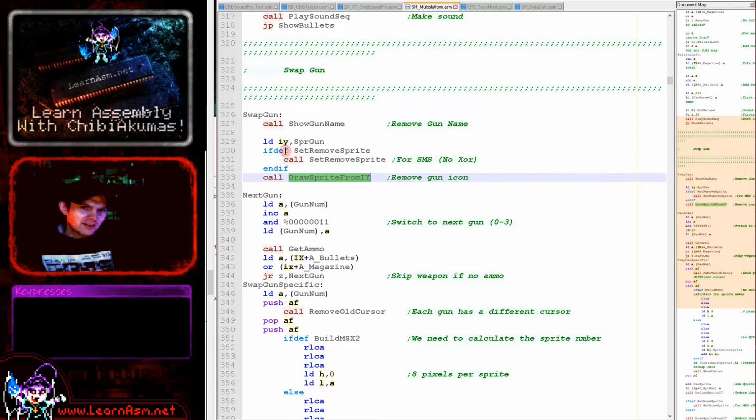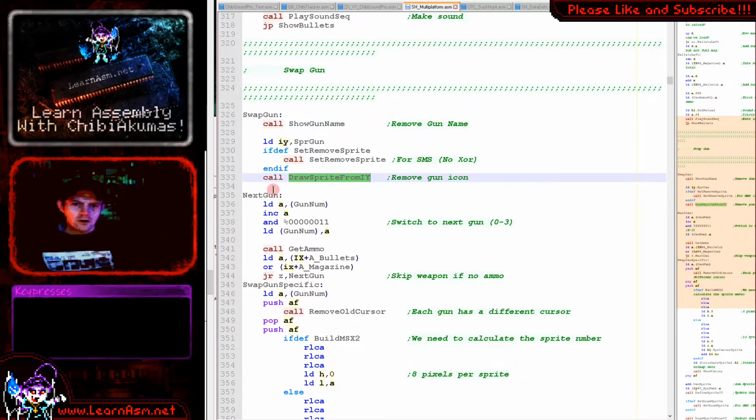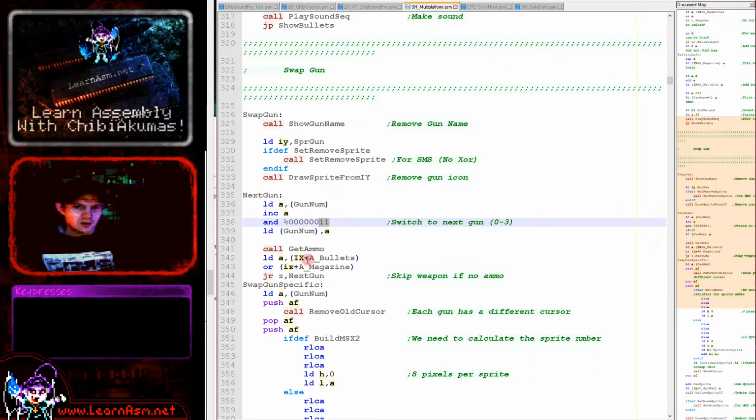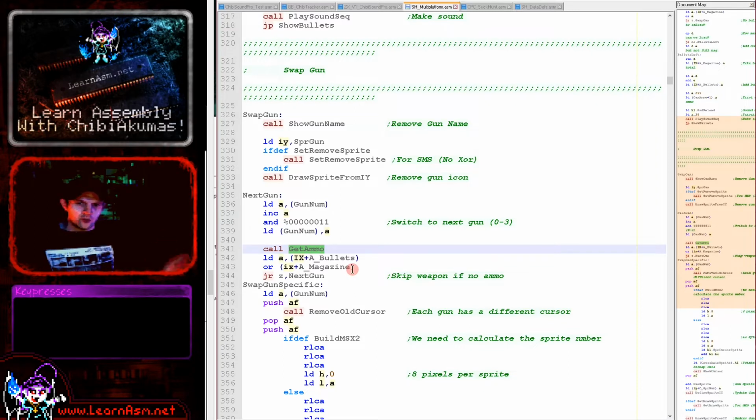So that's removing the sprite from the screen, and then what we're going to do is switch to the next gun. Now there's 4 guns in total, so we are masking the bottom 2 bits to go from 0 to 3. And what we do is we select the gun number, and then we check the ammunition of the gun, and if we've got no bullets for that gun,